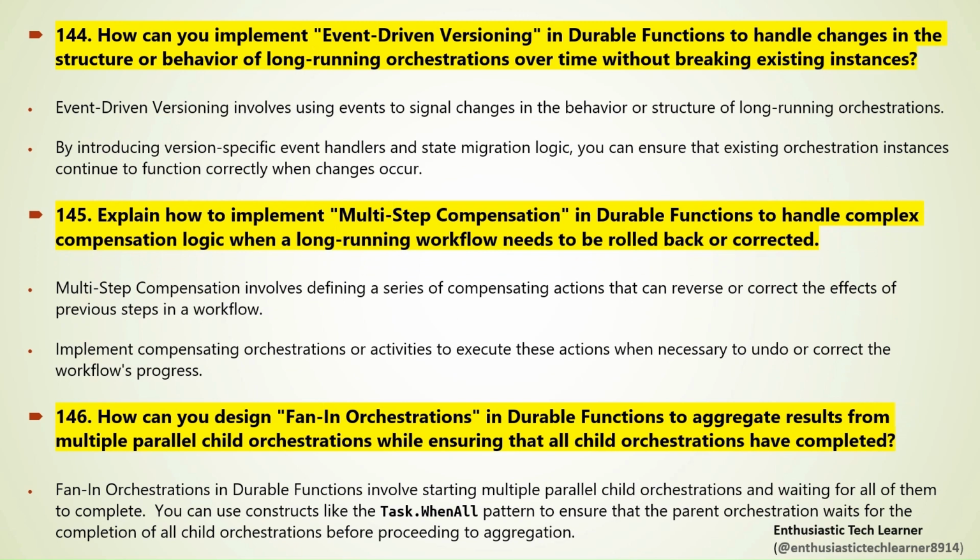How can you implement event-driven versioning in durable functions to handle changes in the structure or behavior of long-running orchestrations over time without breaking existing instances? Event-driven versioning involves using events to signal changes in the behavior or structure of long-running orchestrations. By introducing version-specific event handlers and state migration logic, you can ensure that existing orchestration instances continue to function correctly